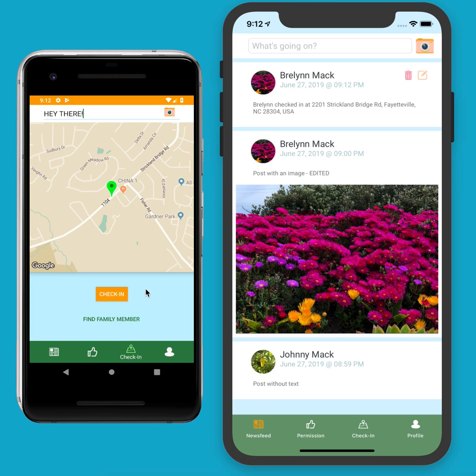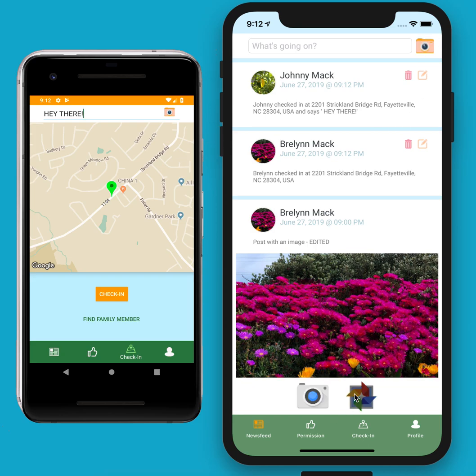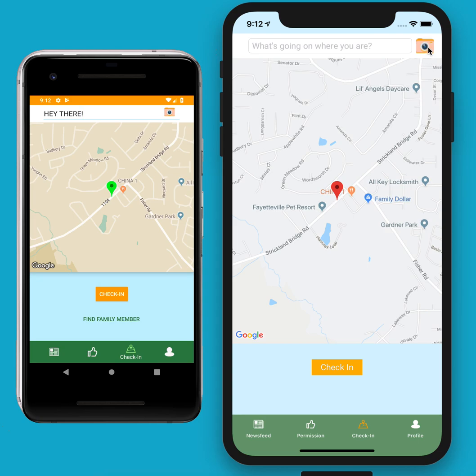And this is the emulator starting to run a little slow on us. If we refresh, we'll see that post with the user's message. And then we can also include an image with our check-in if we choose to do so. Now, the nice thing about